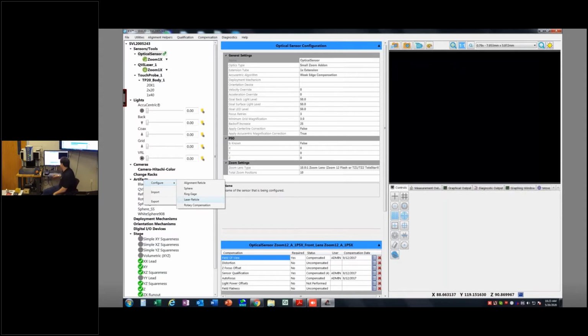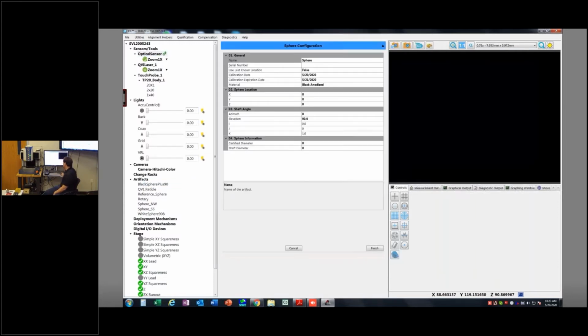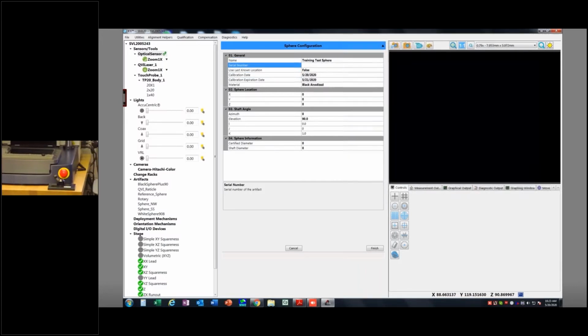Okay, we're going to make a cal sphere today. And a couple things it asks me. Okay, well, first give it a name. We'll call it training test sphere. Okay. Use last known. I can give it, or I want to add the serial number as well. The QVI,